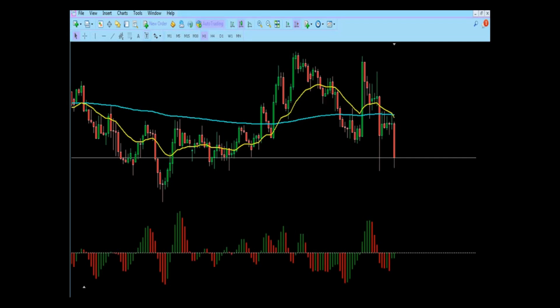We use two moving averages and then a momentum indicator called the accelerator. The two moving averages we use are a fast moving average and a slow moving average. The fast moving average is of 20 periods and the slow moving average is of 200 periods. Then you see a momentum indicator called the accelerator. Let us see in depth about the moving averages and the accelerator indicator.